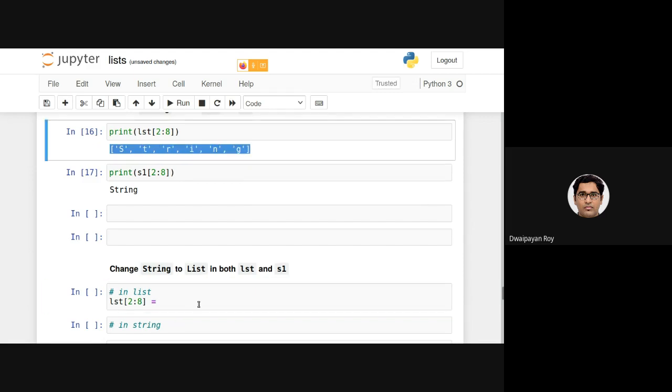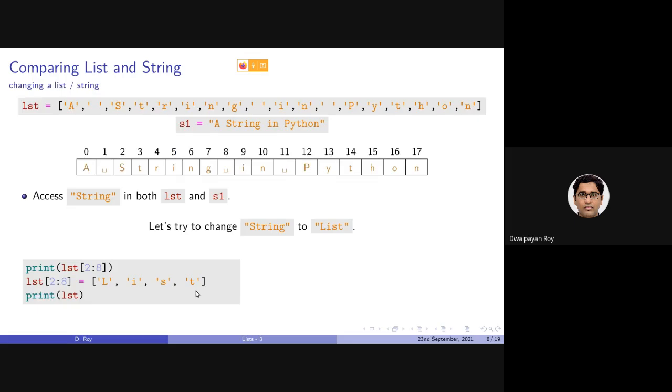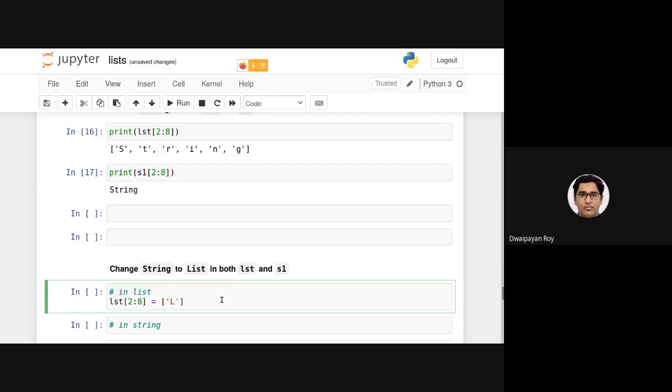We need to provide a list, which will contain capital L, as I have said here, list with capital L, capital I, small s, and small t. So although there are 6 items here, it will be replaced by 4 items, as we have already seen that this is also possible using slicing. So now, if I print LST,